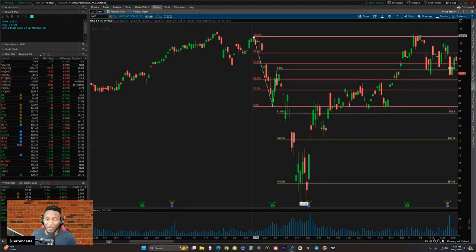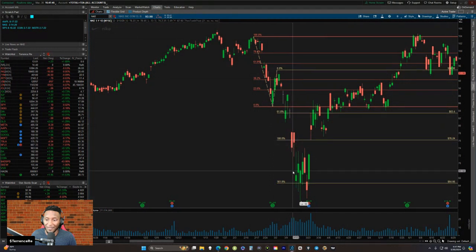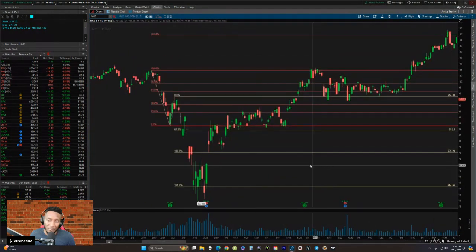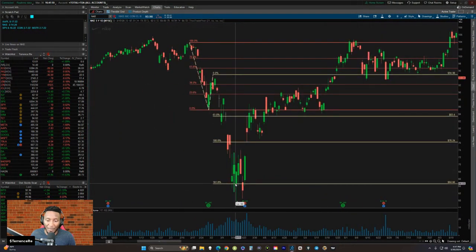You come in, then you throw your Fibonacci extensions on. Boom, boom. Now look, came down, hit the 618. Look how it hit it, chopped, gap down to the 100, stayed here for 2 days. Gap down again, went to the 1618. Now that's as far as it went. But you can see that these levels held.